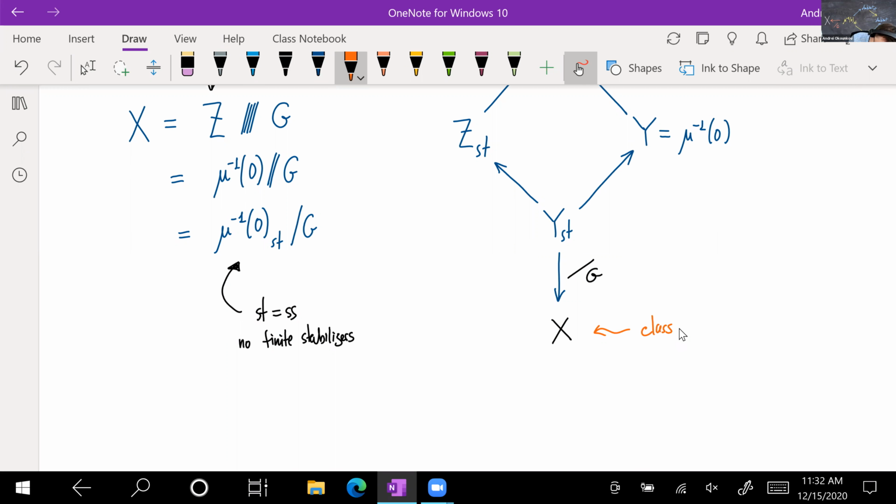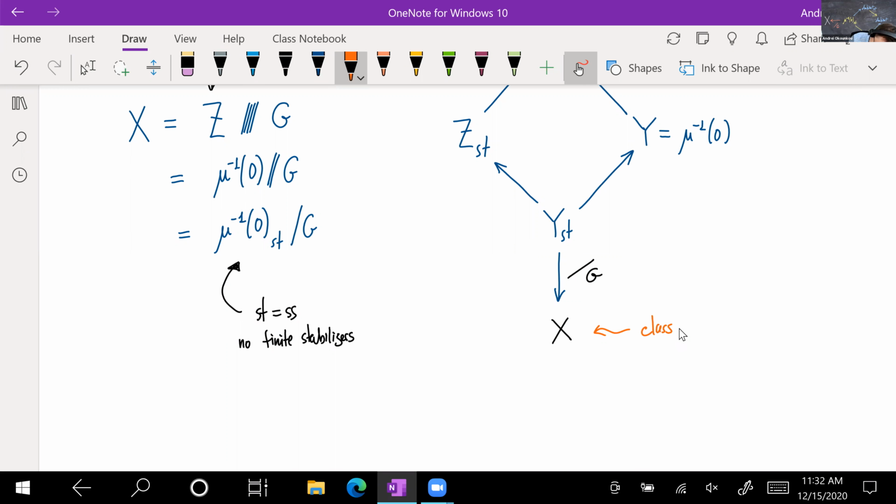In principle, I could have asked whether I can extend it from the stable locus to the whole thing. That is problematic because this is an open inclusion, and I can ask whether I can extend the class from this open set to the whole ambient space. Maybe this could be problematic